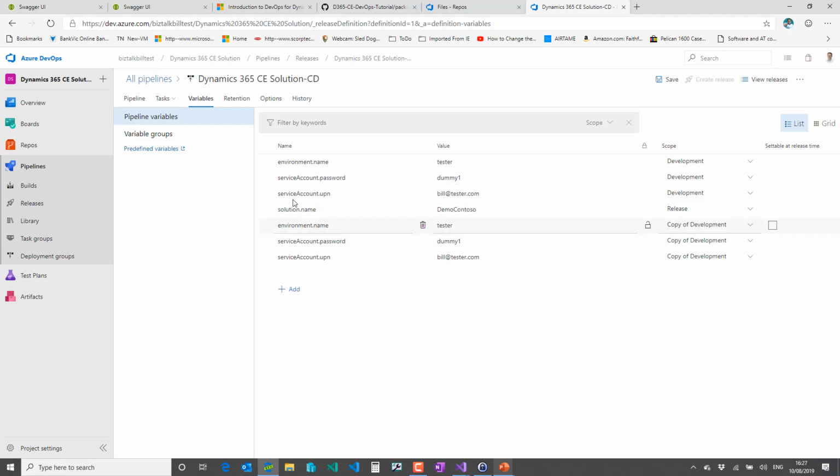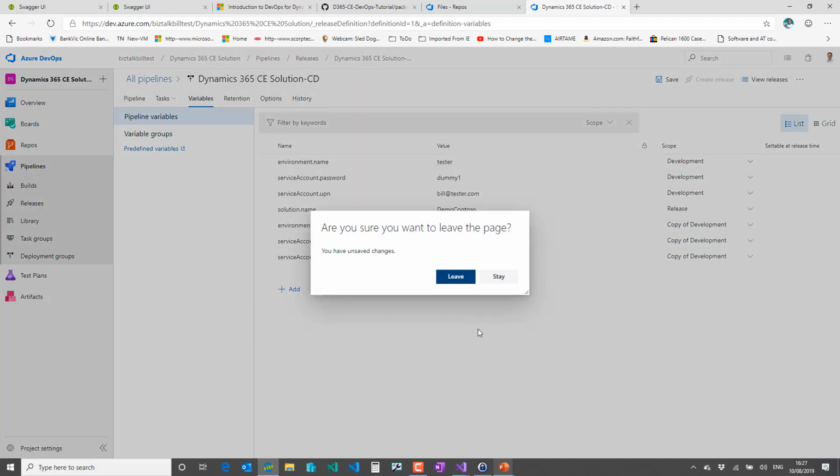you'll see it automatically cloned the development variables to the copy, so you would change their values for whatever that other environment is called, and be able to execute those. So there's basically a lot of power in this, pretty much anything you want to do. And again, you also can create